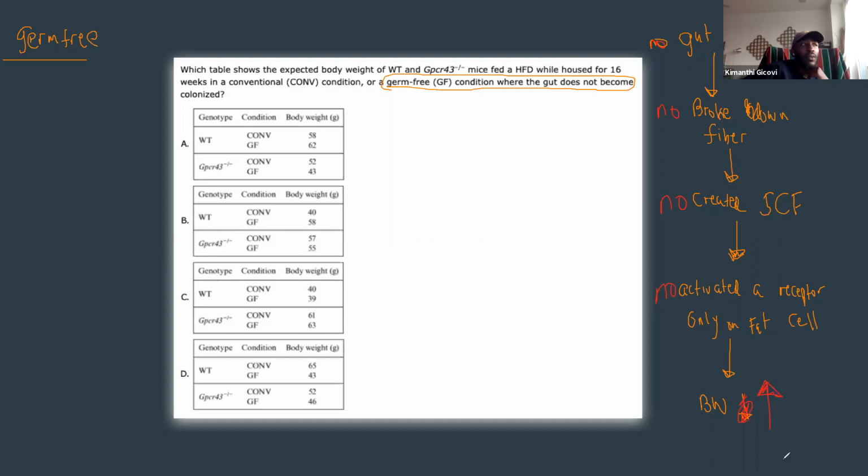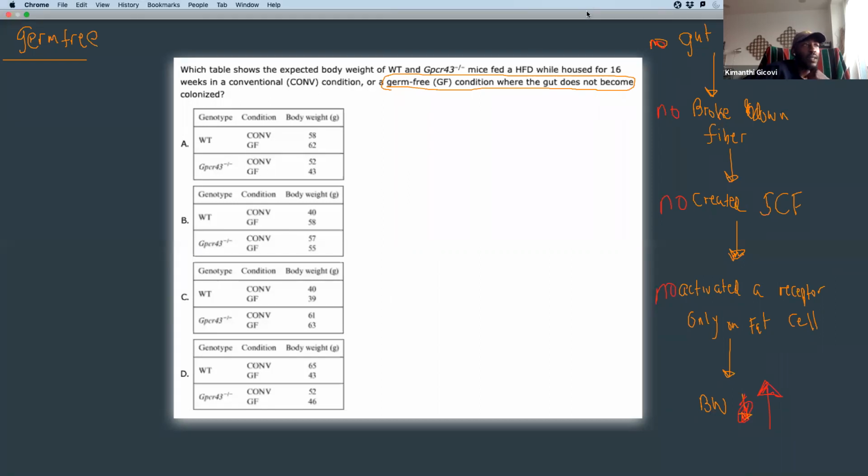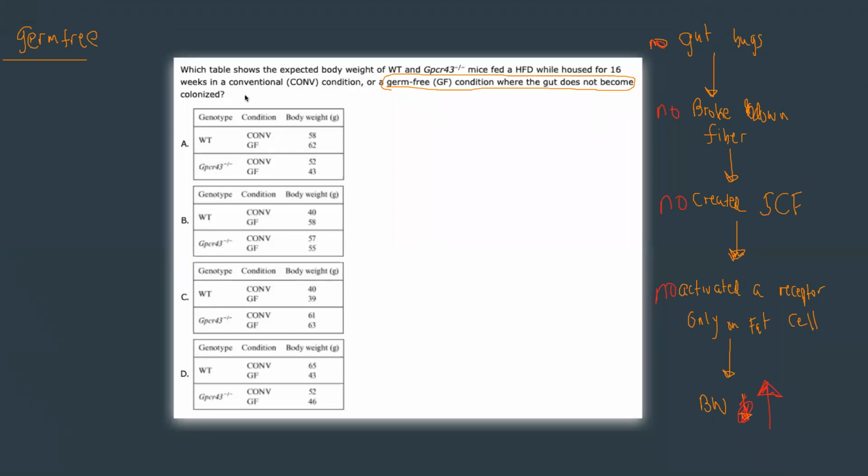Mm-hmm. Cool. Now, do you want to try and see if we can find the right graph or the right chart? Now, if you go on your computer, do you see a place where it gives you view options? Yes. All right, go to view options, and do you see a spot that says annotate? Yes. All right, cool. Go ahead and click that, and you and I are going to annotate through and figure out how to break down this question.